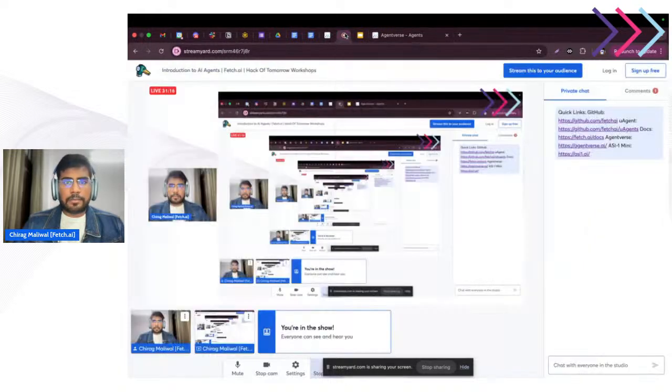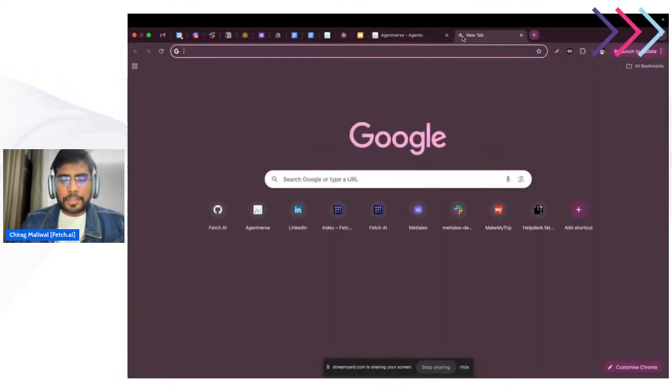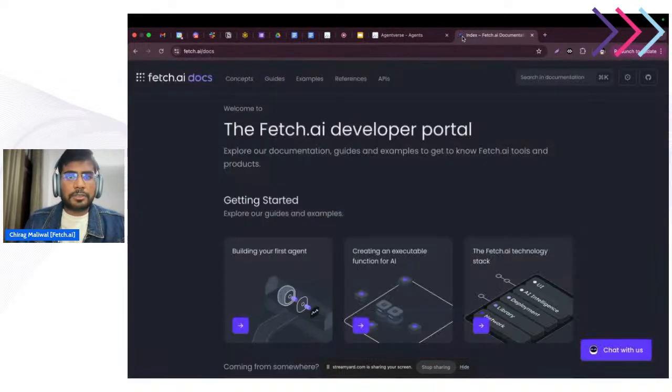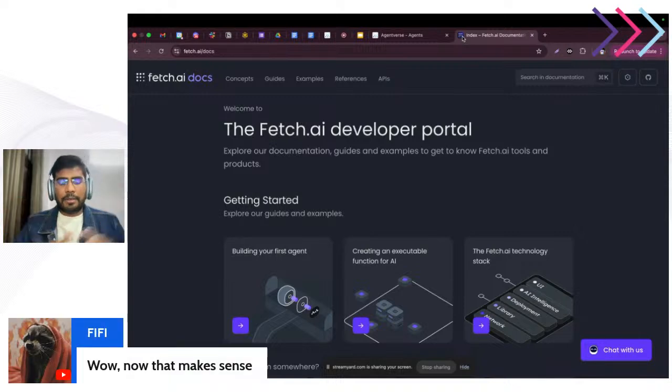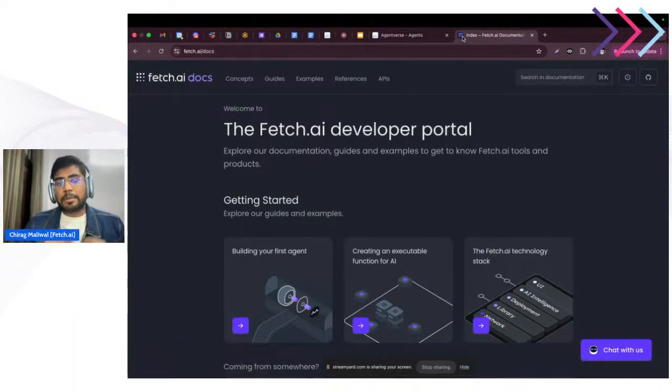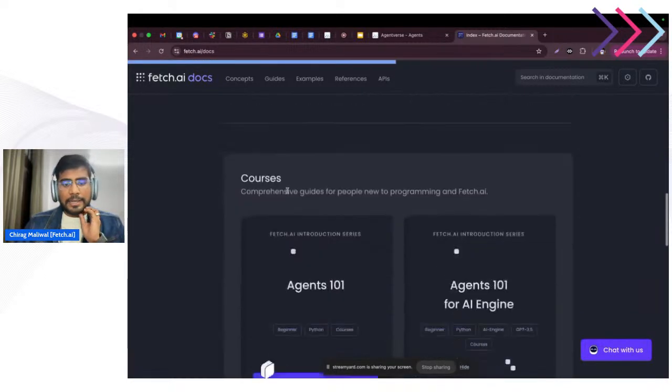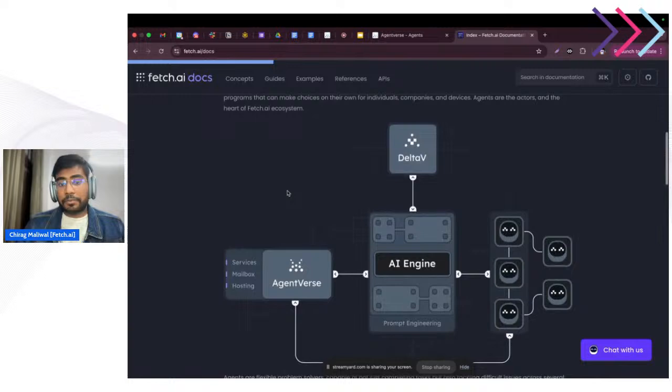We have our technical documentation that is very simple. If you go to Fetch.ai docs, we have very detailed documentation. So you will get more idea about what the Fetch ecosystem tools and tech are.